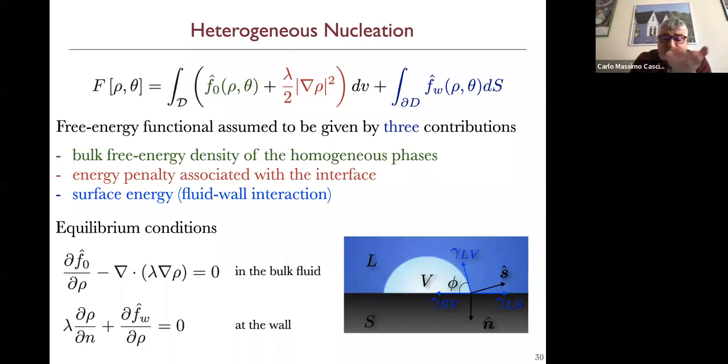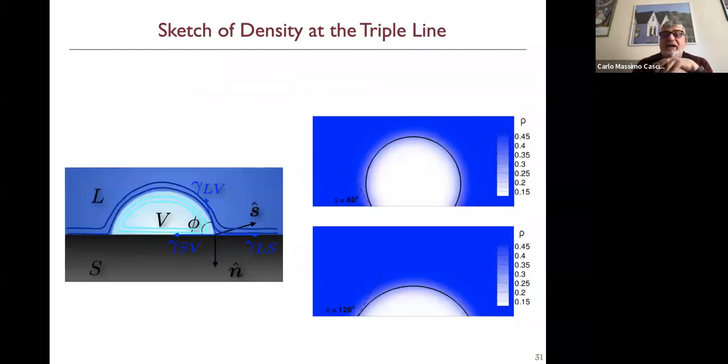The first one is exactly identical with the one we had before for the bulk fluid. And the second one comes from the presence of the wall, and it provides a boundary condition for the density field in terms of the free energy density related to the wall. Now, by manipulating this wall free energy, we are able to control the contact angle of the bubble. In particular, what you see here on the right, the top part on the right, is a case for which we have a hydrophilic